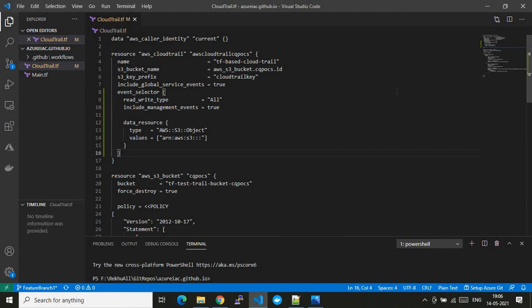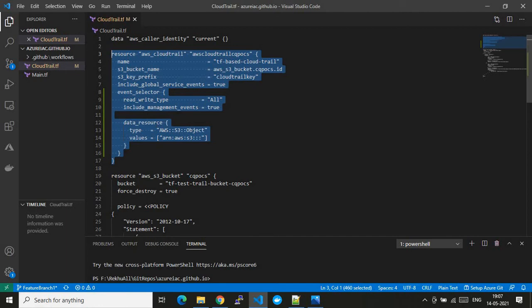Let me walk you through from the top of this code. This first line is data, which will retrieve the required information from the AWS caller identity. The resource type is aws_caller_identity. What it does is retrieve all the information of our current connection details. And this is the variable. Inside this bucket block we are giving parameters, so let me select this block before I walk you through the parameters inside this block.